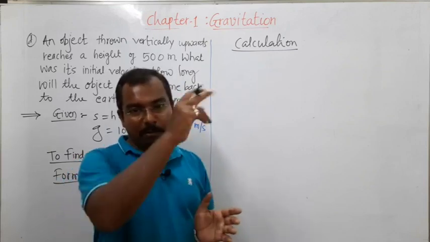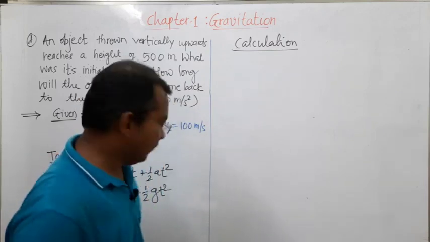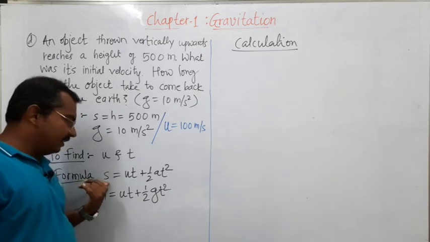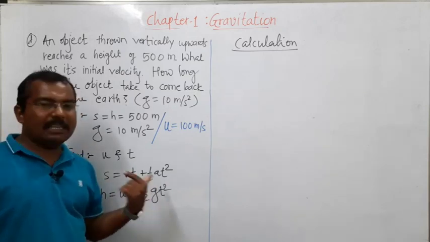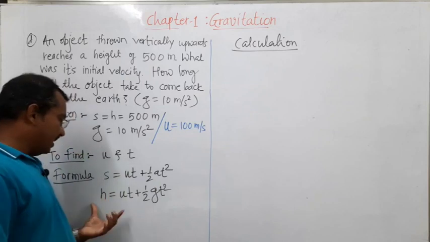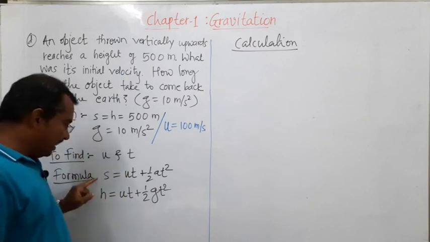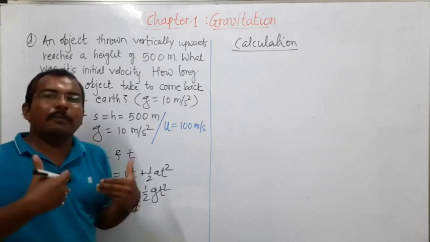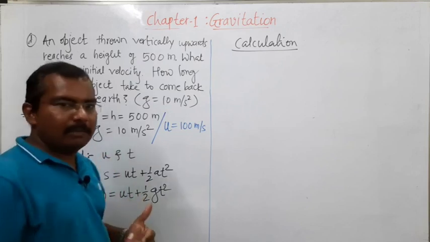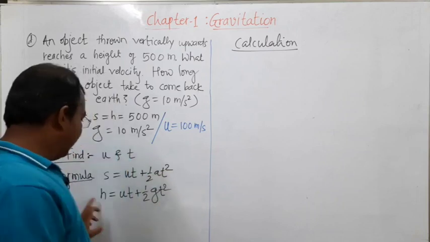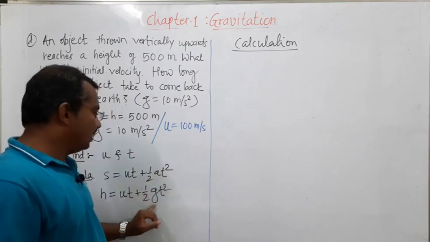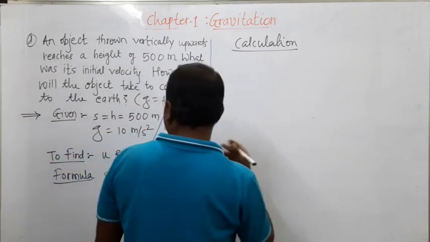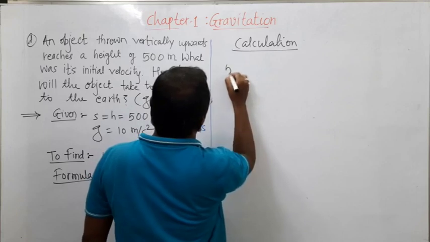म्हणजे आपल्याला t काढायचं, वरून खाली येण्यासाठी लागलेला वेळ. ओके. तर त्यासाठी फॉर्म्युला आपल्याकडे आहे. The distance is given, s is equal to ut plus half at square. This is the second kinematical equation, and I will transform this equation. h is equal to ut plus half gt square. If you do this, it will make a good impression. Not necessary, but it makes a good impression. g is acceleration due to gravity. So h is given, that is 500 meters.